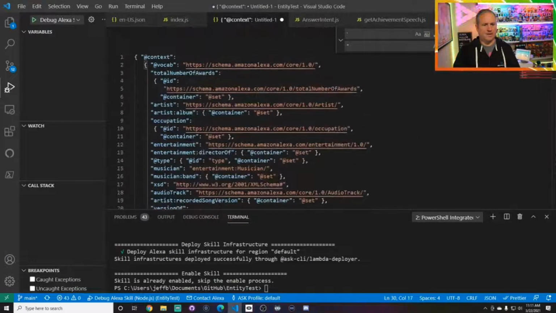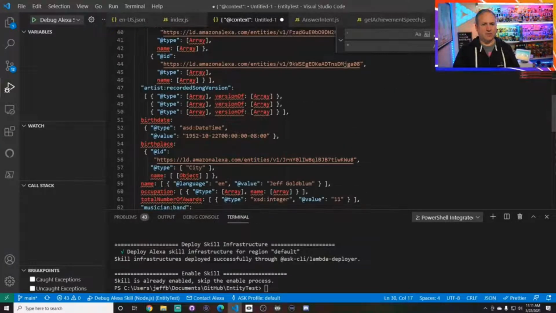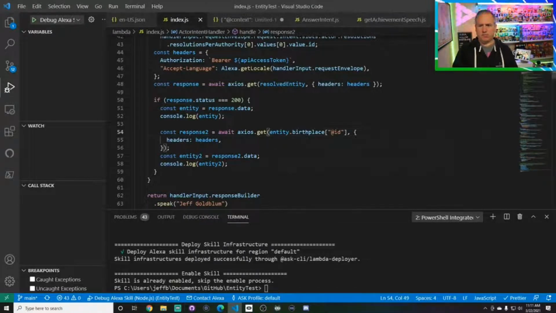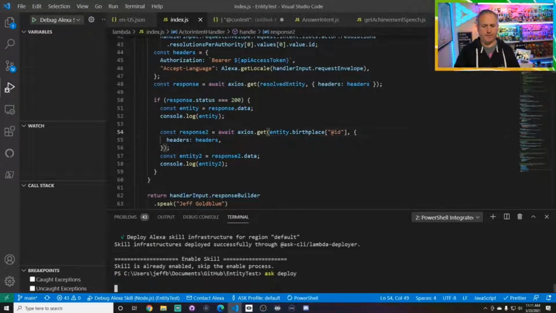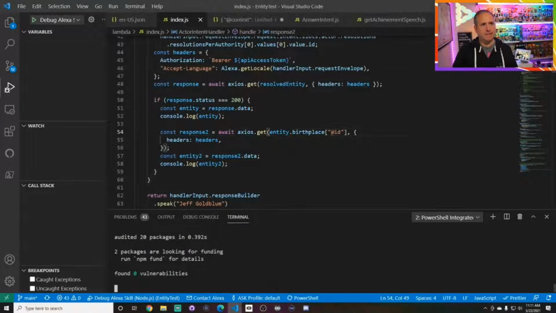Oh, maybe it's not at context. Maybe it's just birthplace. I think that's my issue. So it's not this. It's entity birthplace.id. I might just do it. See if I get this any closer to where we want to be. Because